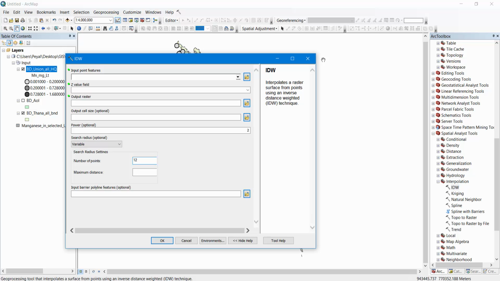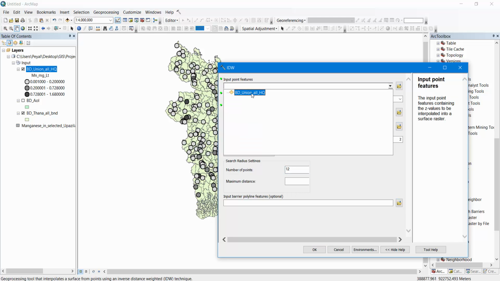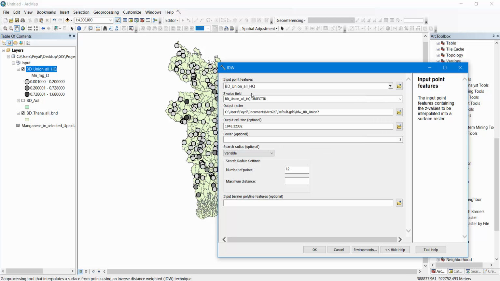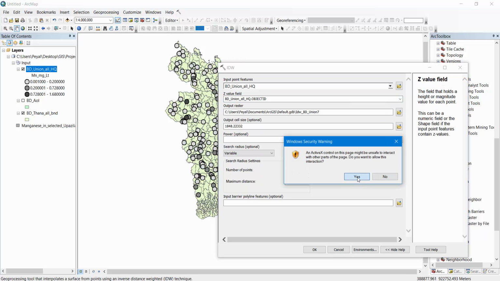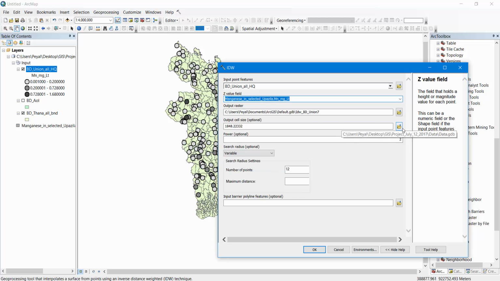Okay, in IDW our input point features are BD union. Okay, and the Z value field, which will determine the ups and downs of the IDW, is the magnitude of manganese. Okay, manganese in selected Upazilla Mn limit. Okay, then you don't really need to save the output raster right now. Okay, you can also select, and then